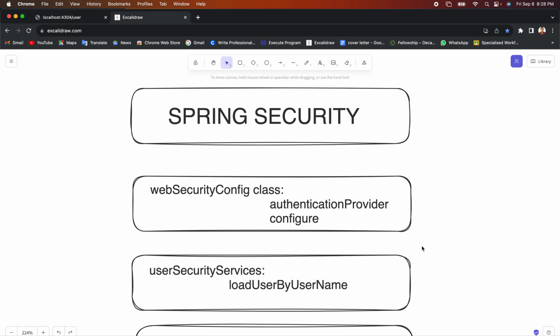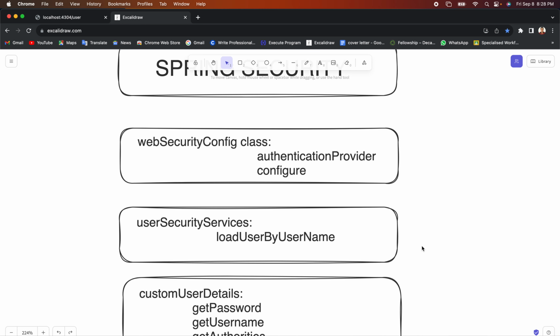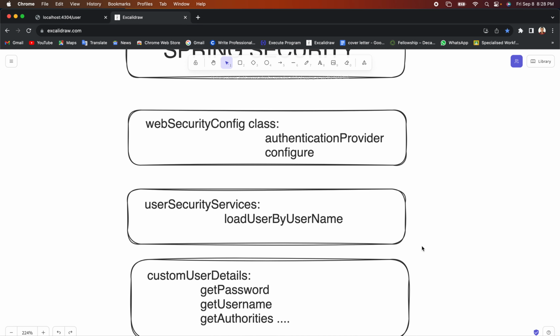So just like I said, we'll basically be working with three major classes for Spring Security, and I'll tell you what each of these classes will actually get us. Now, one of the first classes we'll be configuring is the web security config class. You can give this any name, but basically in this class, we'll be having two Spring beans